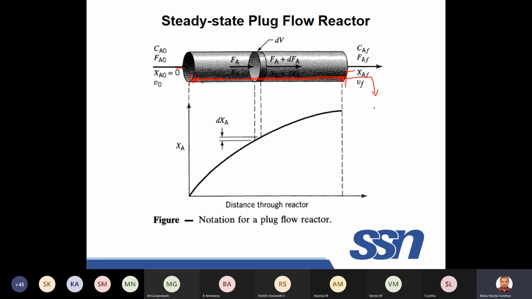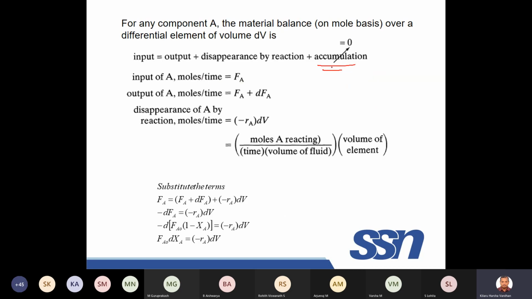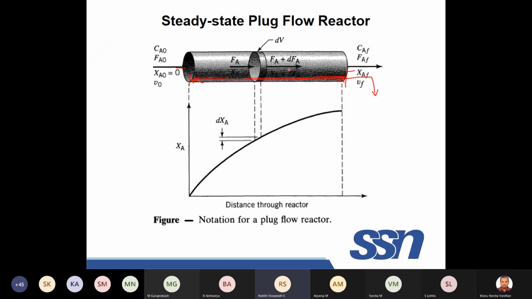Now, what is your point in this? You are telling some accumulation is there inside. Accumulation is zero, right? That is what we put here: the rate of accumulation is zero. But if we consider a particular time, we will have some accumulation. If we only consider the input point and the output point,